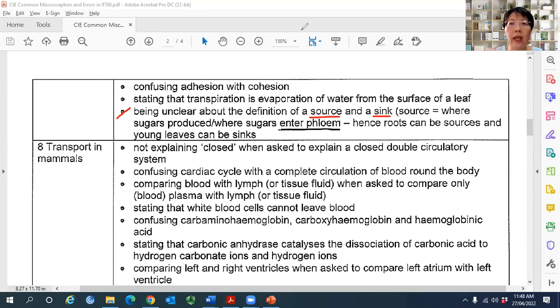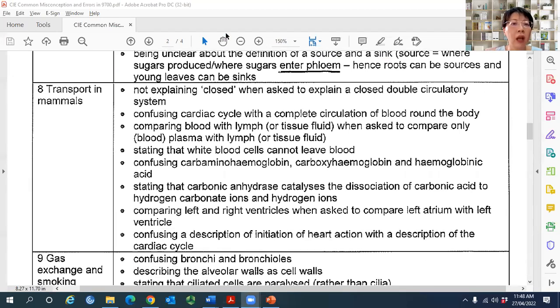Number 8, not explaining closed double circulation. When asked to explain closed double circulation, your explanation must include what you mean by closed and what you mean by double. For example, if I ask you to explain what is the fluid mosaic model,